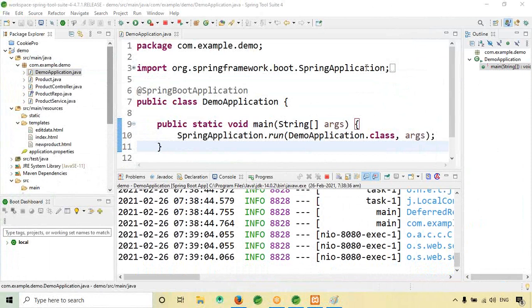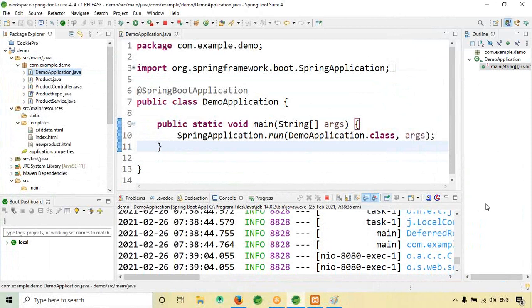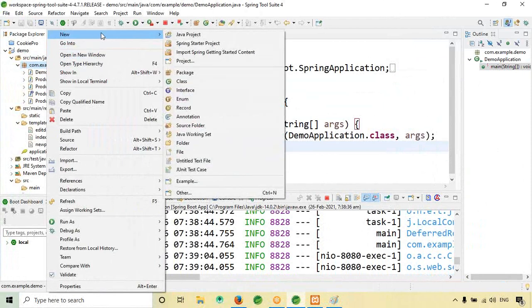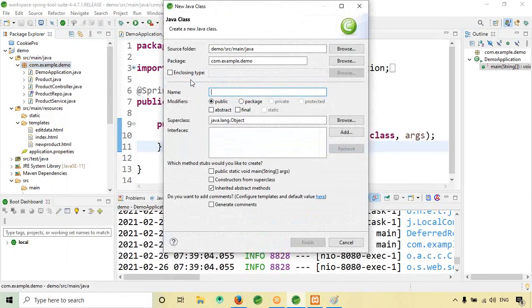So in our project, we will implement the REST APIs. I will create one separate class for it. Right click, new class.